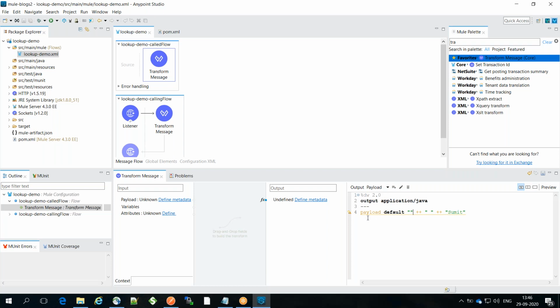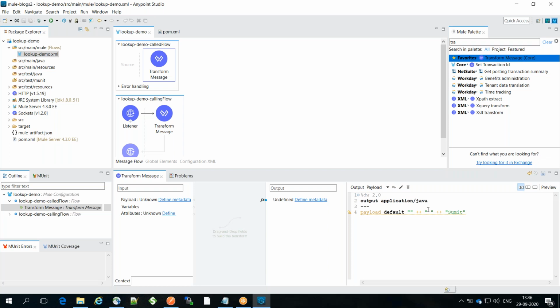Maybe it was giving a warning because it might happen that payload is null, right? But in our case, that is not going to happen because we have taken care of that. So whether you set the default value or not doesn't make a difference in our example. But just to let you know, whenever you're doing concatenation, you have to be cautious not to concatenate anything that can be null. You have to set the default value so that you don't get errors during execution, right?